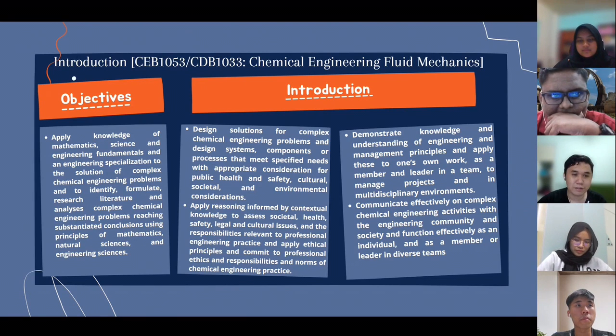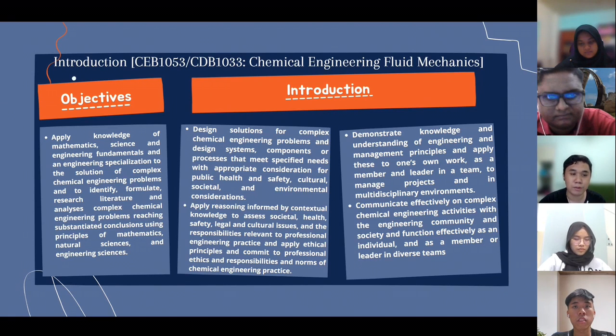So the objectives for this particular subject is to apply the knowledge of mathematics, science, and engineering fundamentals, as well as an engineering specialization to the solution of complex chemical engineering problems, and to identify, formulate research literature, and analyze complex chemical engineering problems, reaching substantial conclusions using principles of mathematics, natural sciences, and engineering sciences. So the overall introduction for this subject is to allow the students to design solutions for complex chemical engineering problems